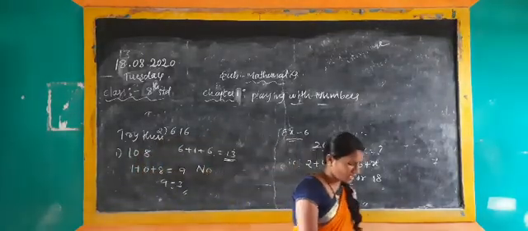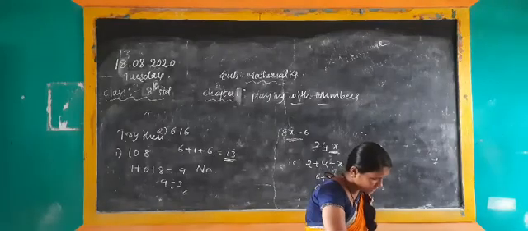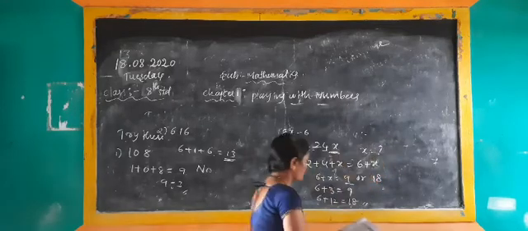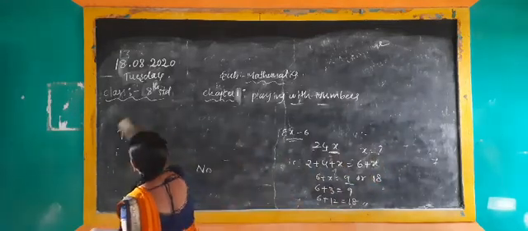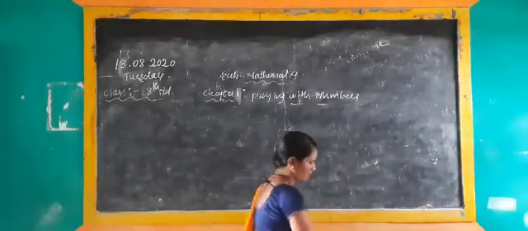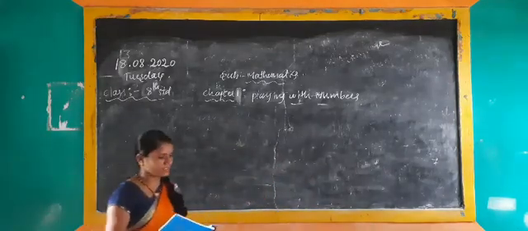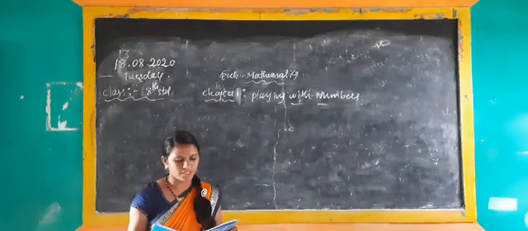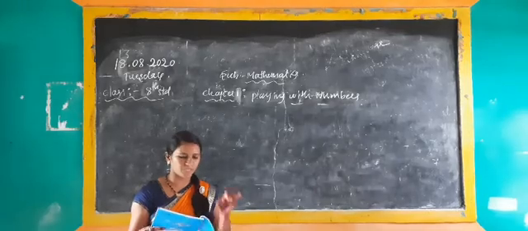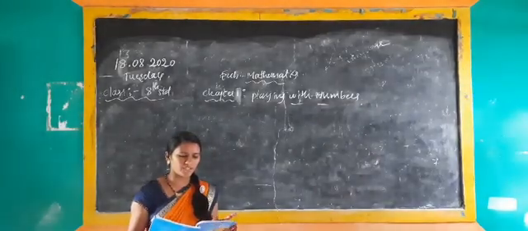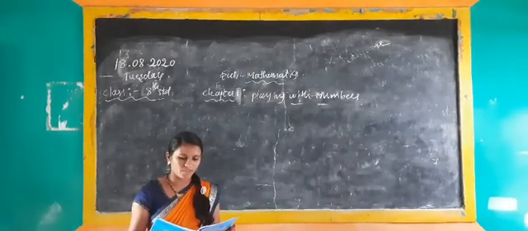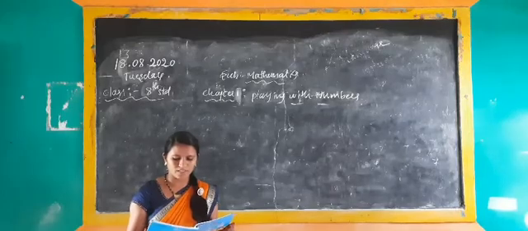Next, exercise 1.2. I think you all understood these examples. Now exercise 1.2. In the first one, they are given: if 21y5 is a multiple of 9, where y is a digit. Here y should be a digit. They gave a 4 digit number, but one digit is not given. You should find the y value. What is the value of y?